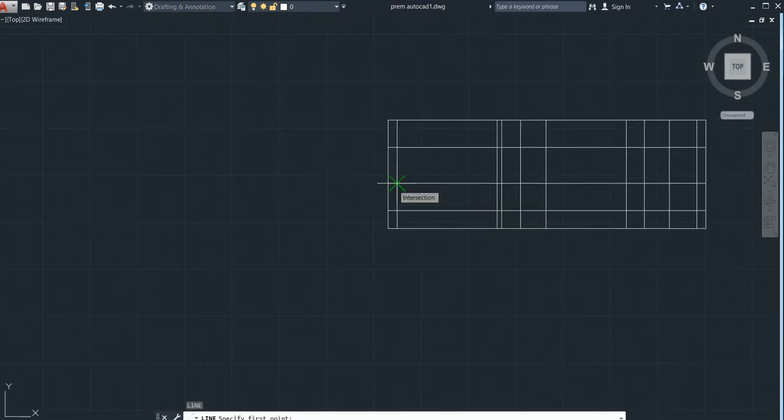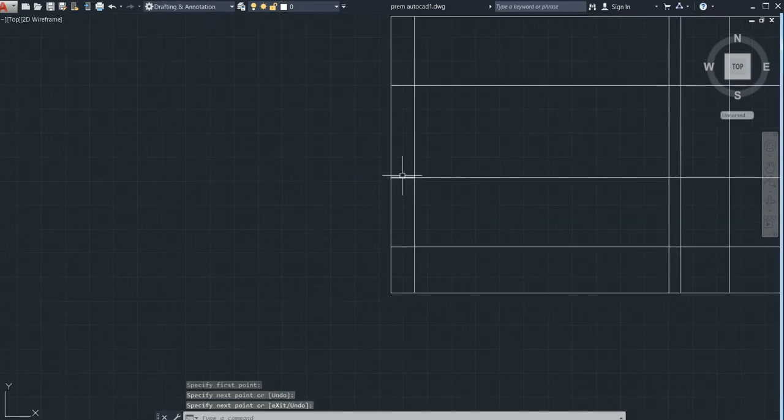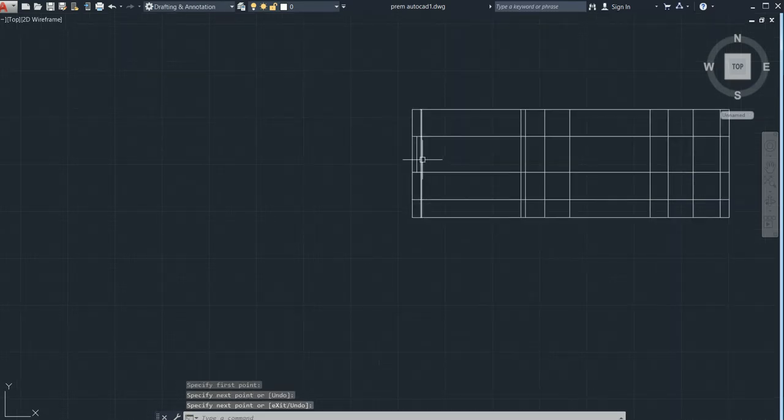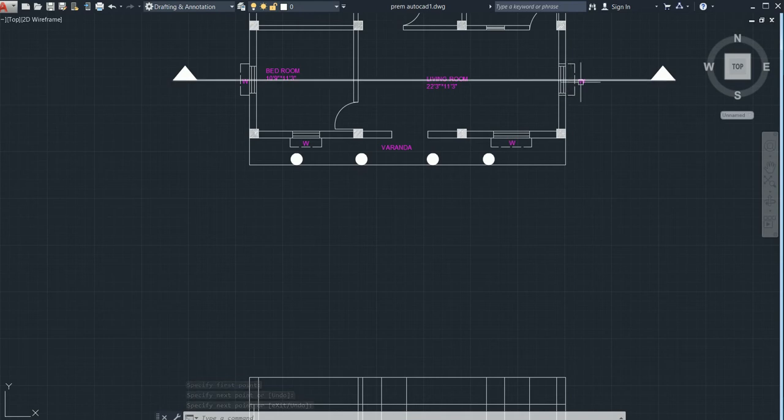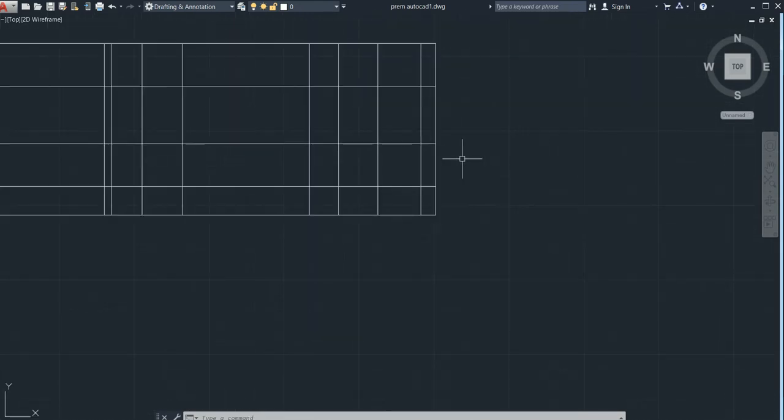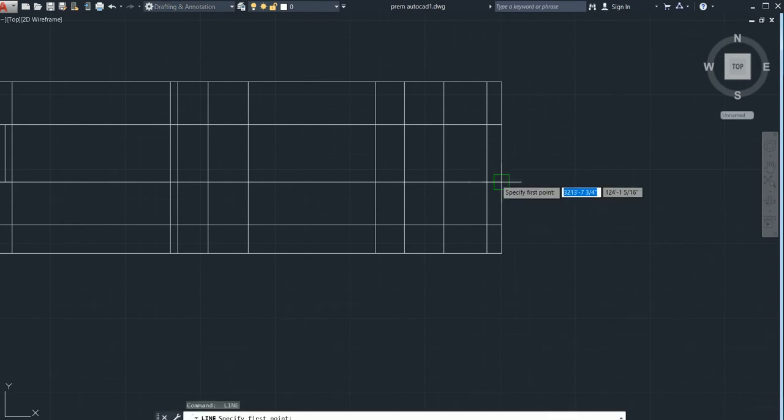From here only you can see, draw a small line, again repeat this command and draw one line here. Again you can see here also the window. Again go for the line command, draw one line.